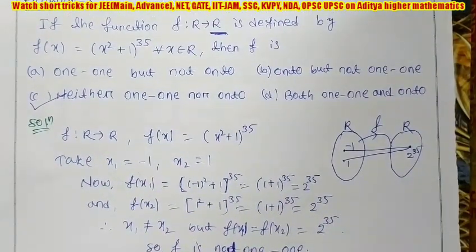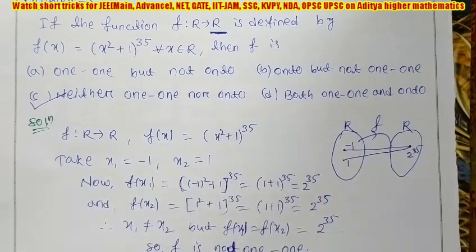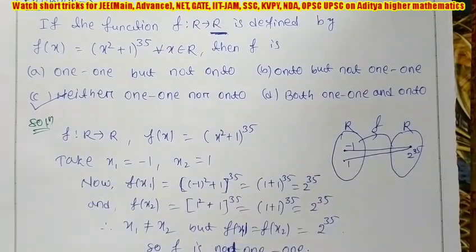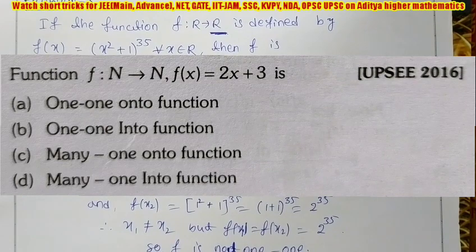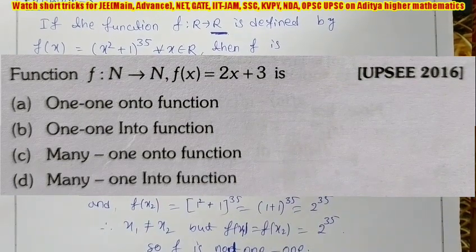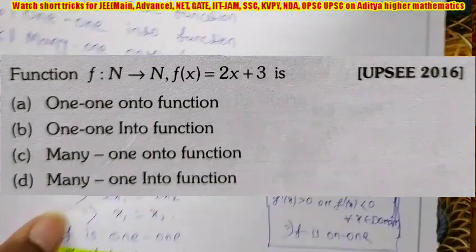Now we will solve a completely different type of question. Because whatever domains we have been taking, in most questions, but here I am taking the domain as N. Now see this question. Similarly, here 4 options are given. We have to choose the correct one. Now we will see what its solution approach is.